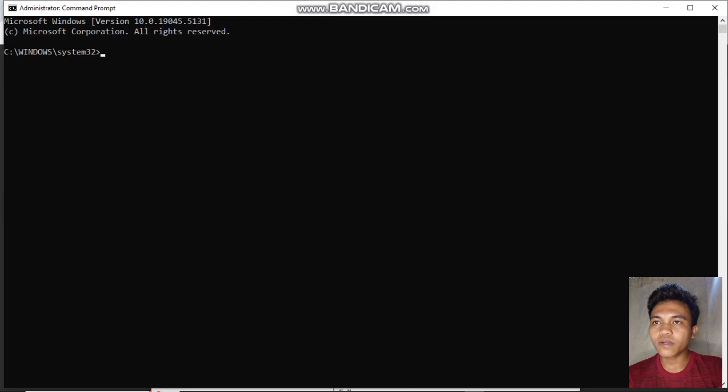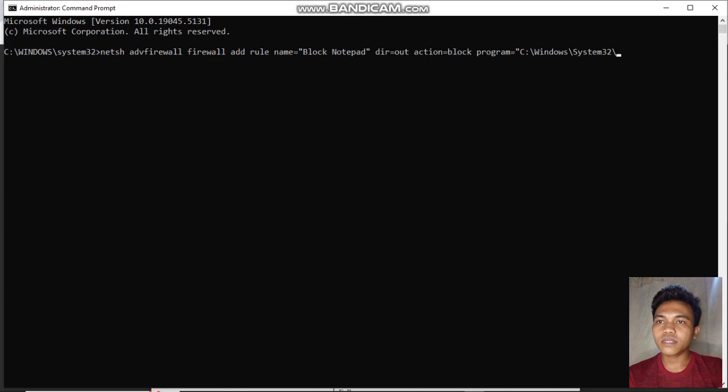In the command prompt, type the following command to block the application: netsh advfirewall firewall add rule name="block notepad" dir=out action=block program="C:\Windows\System32\notepad.exe" enable=yes. Make sure that you replace the Windows System32 notepad.exe path with the path to your application, and "block notepad" with a